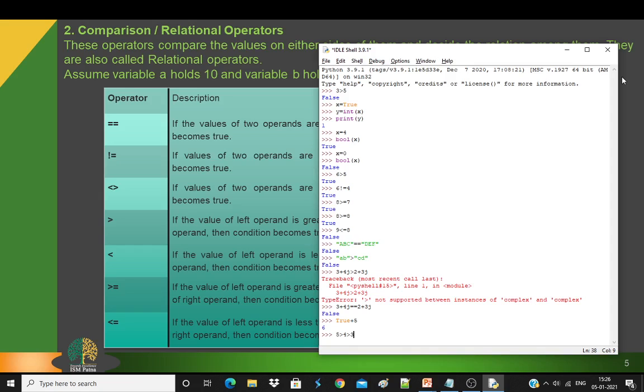And again, it starts the comparison between 1 greater than 3, which is false. So it will return the result as false or 0 in any other language except Python. So if we talk about Python,